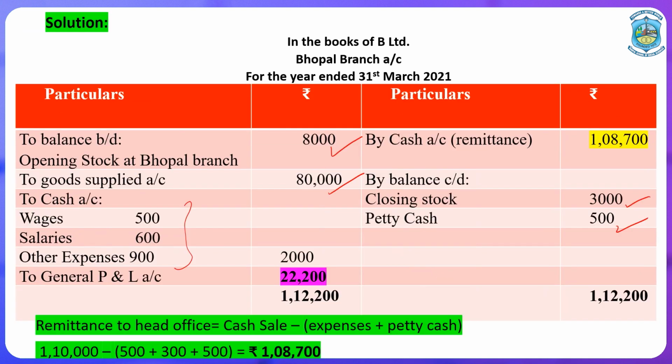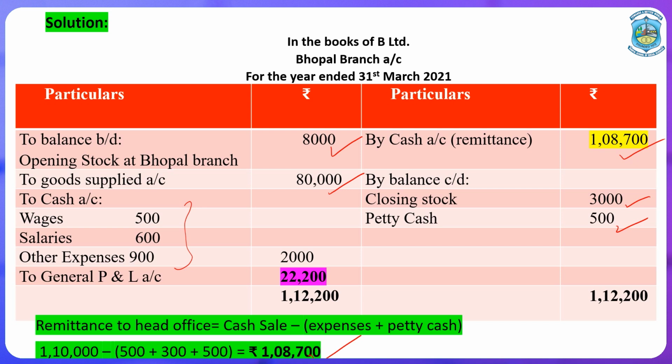So, all these expenses, that is expenses of 500, 300 and 500 rupees will be deducted from the amount of the cash sale, and total amount of money that will be remitted to the head office will be 1,08,700 rupees. So, again after writing down all the entries, again you will make a total,